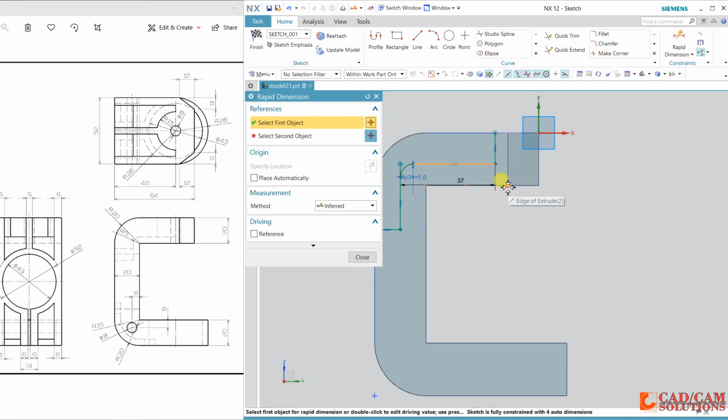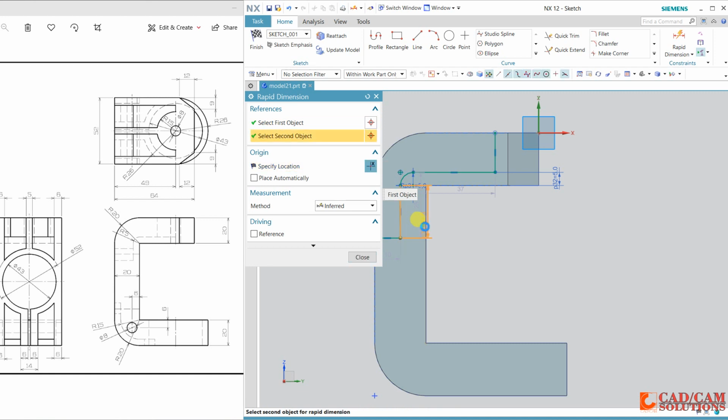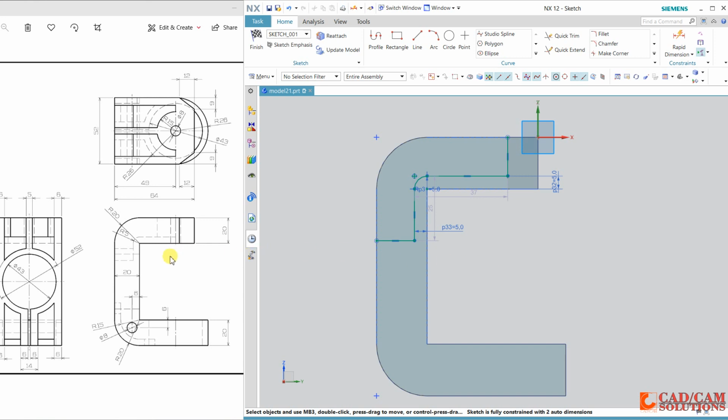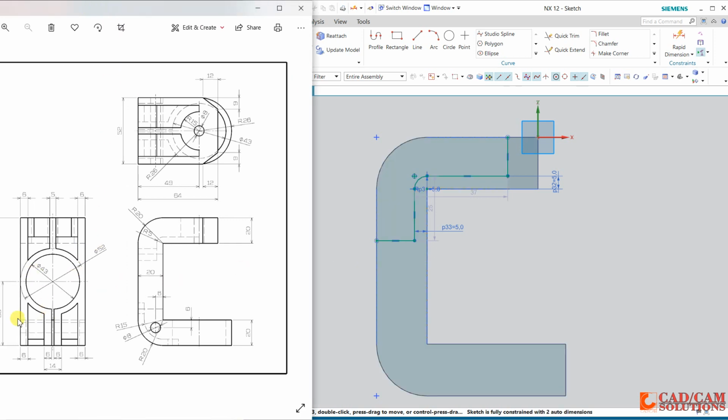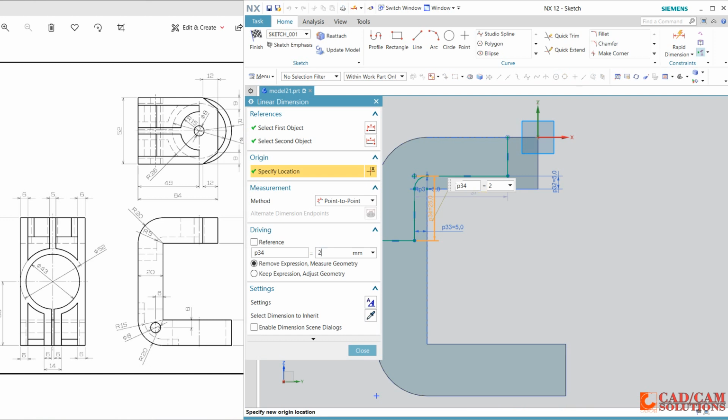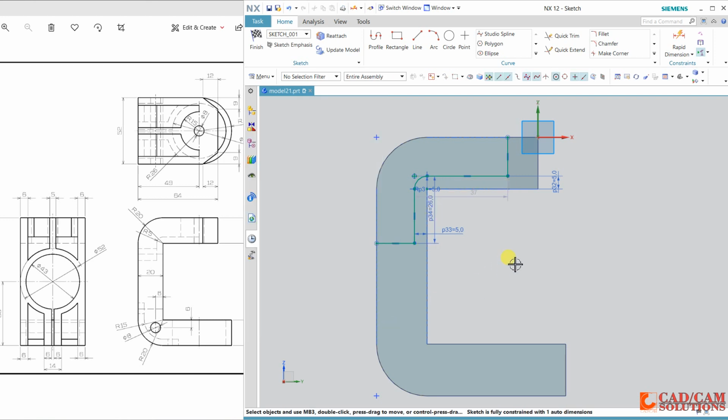Sorry, the distance between this line is 5. Same here, this gap is 5, close. And now distance, because we have to create this portion, it doesn't matter how long it is. So I'm just taking this as 26, and same here, because on the top we have this cut up to the 49.